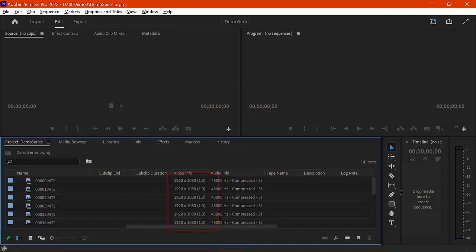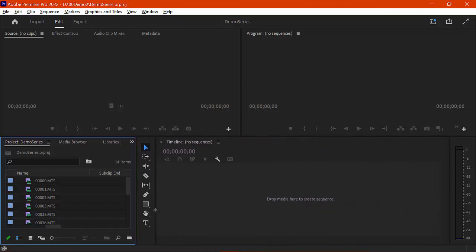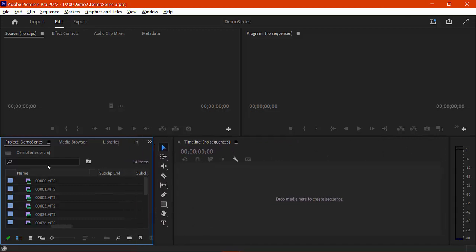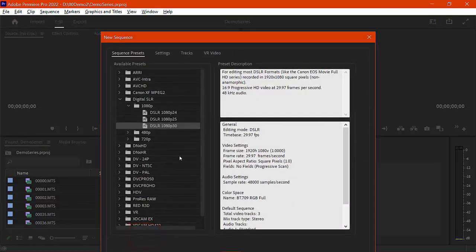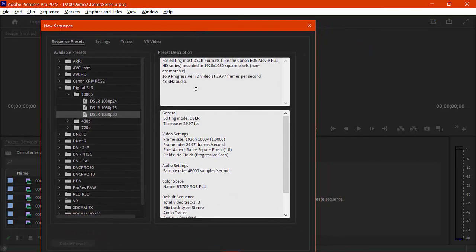And there's two ways to make a sequence. We'll show you the hard way first and the easy way second. So if I'm down here in my project panel and I look at this button, it says new item. I'm going to click on the new item button and choose sequence. Now, the reason this is the hard way is because you actually have to choose which settings to use. And what we're looking for is something that's got 1920 by 1080,